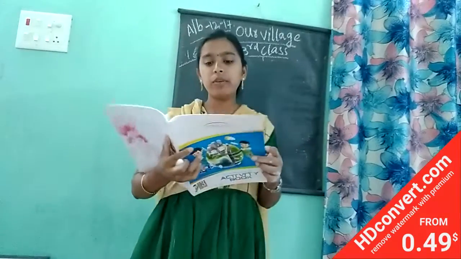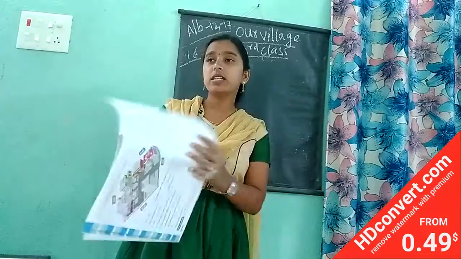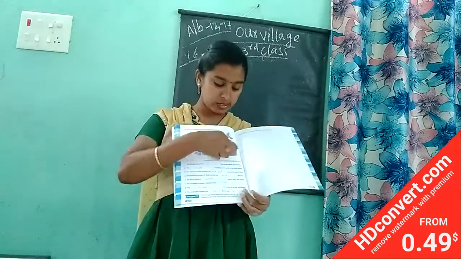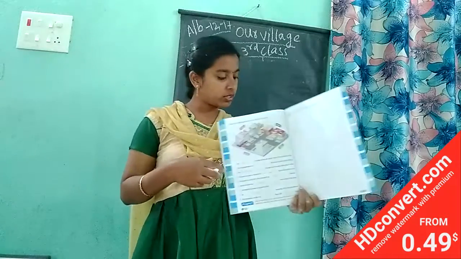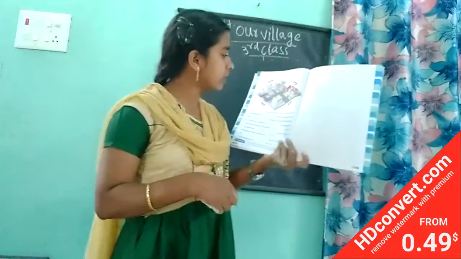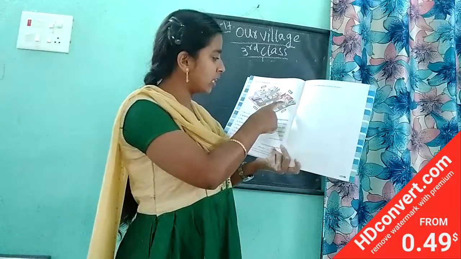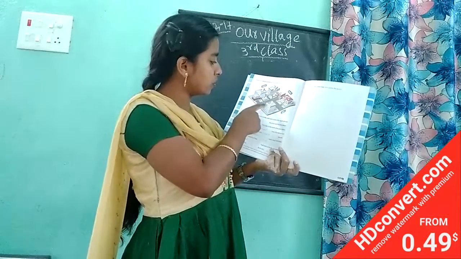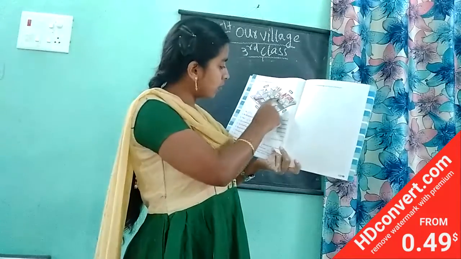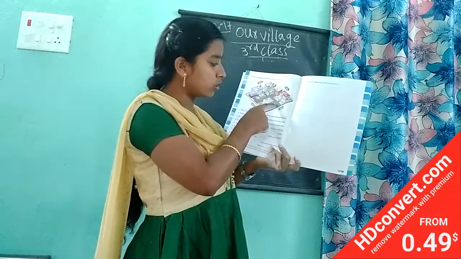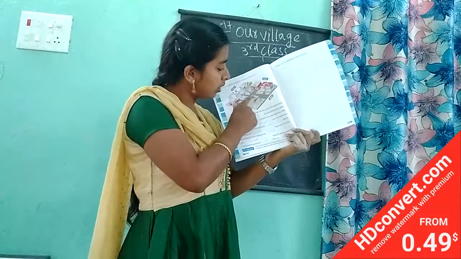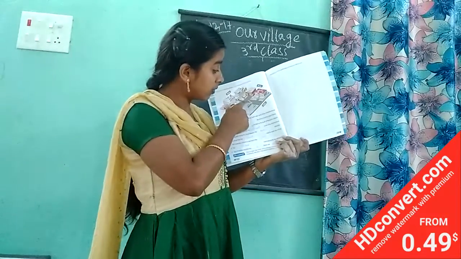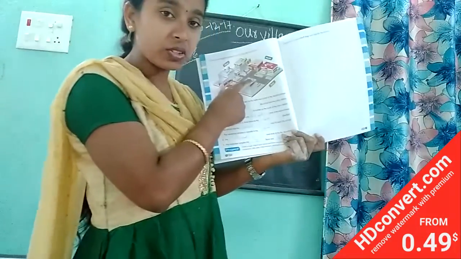See, observe the neighborhood and complete the sentences. Already they have given one neighborhood with the directions south, east, north, and west. And they have given names also for the buildings. It is a school building. This is the fire department. This is the police station. This is the hospital, residential complex, and this is the MG road, and this is school road. This is the Subhash road. Here with a yellow color pen they have written, we cannot see clearly, but it is Subhash road.